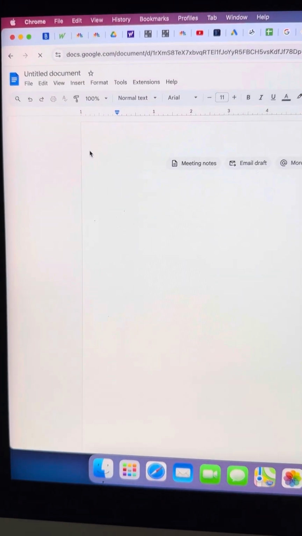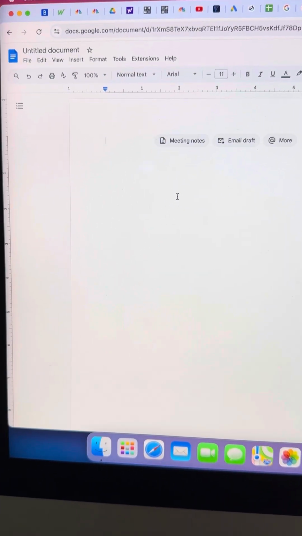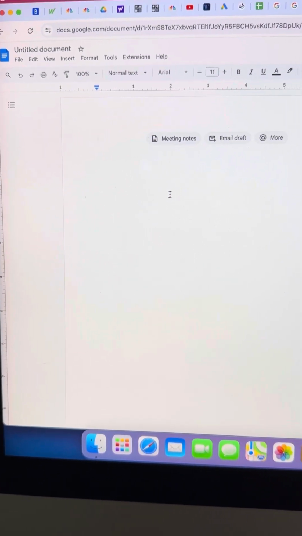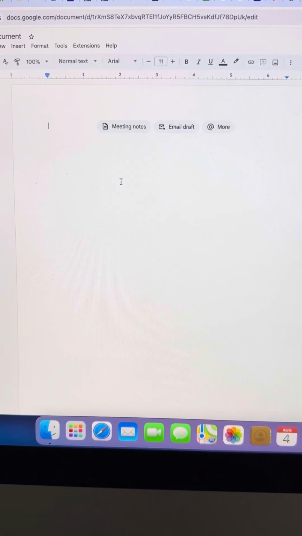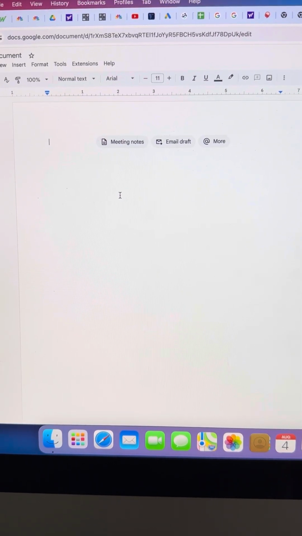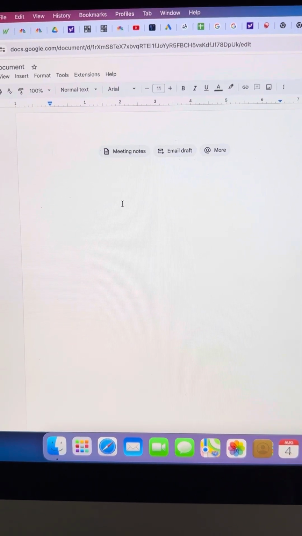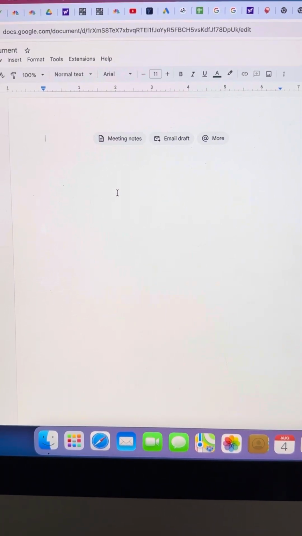So that's going to open a new document, completely blank. It's just like a Microsoft Word document. And now, if you already have the image, the photo on your computer, if it was on your phone and you emailed it to yourself, then you could get it on your email on your computer and you could save it on your computer. So